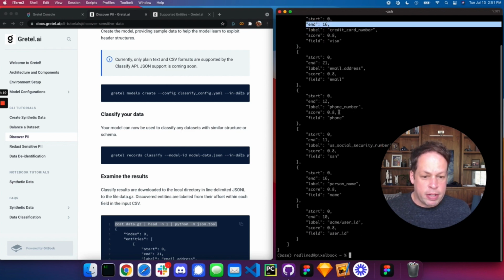Going all the way through the rest of the findings here, including the custom regular expression that we find here at the end. Found a user ID, highly confident and defined as well, starting at character offset 0 and